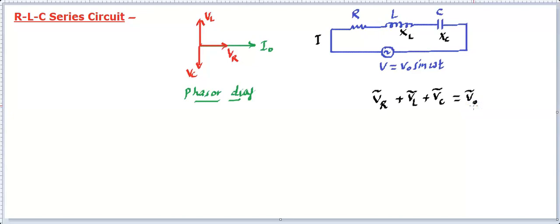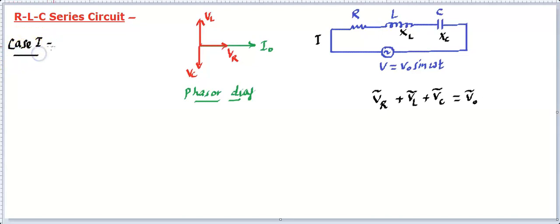Now again, to find the resultant, there have to be conditions like which one is bigger, like VL or VC, since the vertical component and horizontal component are given to us. So we can deal with it in cases. There can be three possibilities you can think of: either VL is bigger than VC, or VL is smaller than VC, or VL is equal to VC. So let's talk about all the three cases one by one, and then you will come to know what this RLC series circuit is going to be.